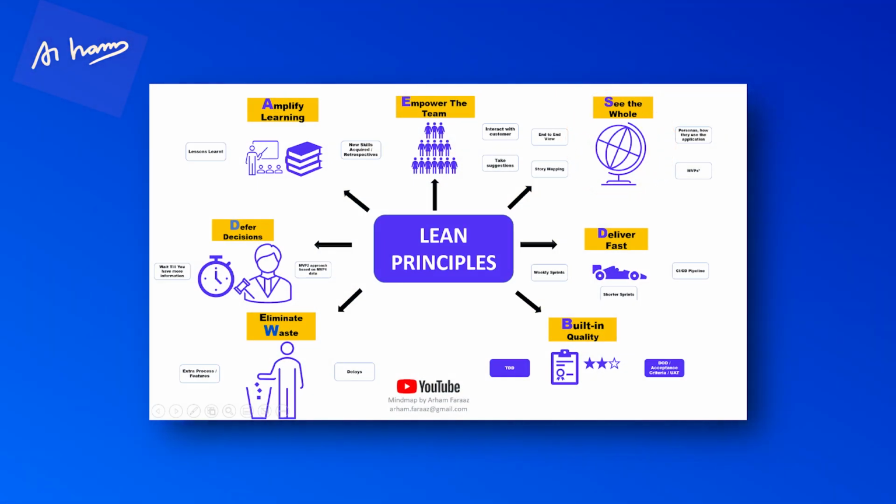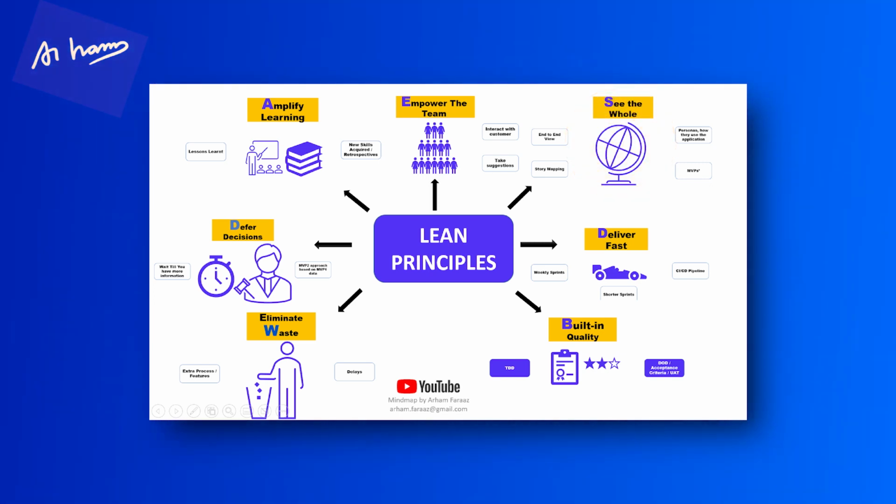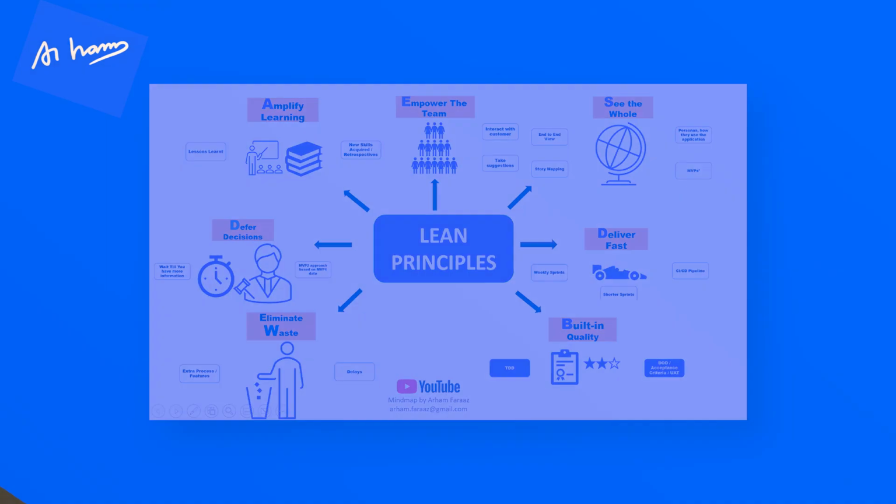Okay, then after that, next thing is seeing the whole. So very, very important in lean thinking, we want to see the entire thing, right? We just don't want to see a small part, not just one story. We are going to see the entire story map. Okay, the high level plan, the entire release plan we are going to see. So we want to see the whole over here in lean thinking.